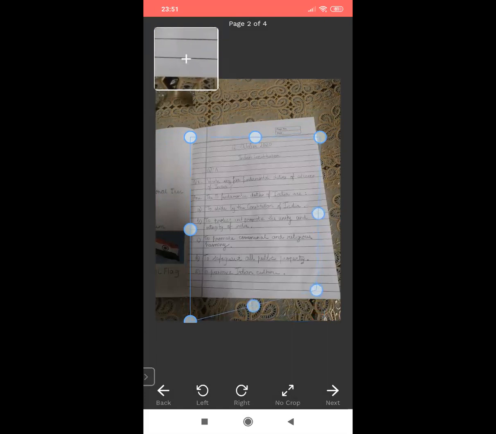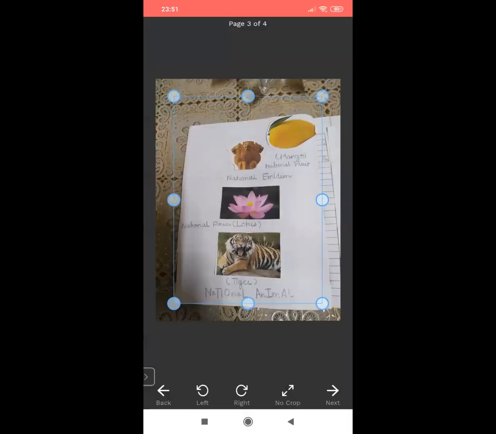So here I see that a lot of area has been scanned. So I just try to reduce that. That will help me reduce the size of the file also. So do not keep the unnecessary part, and just resize it whichever way you want to. Fine. And just keep on doing it one after the other.